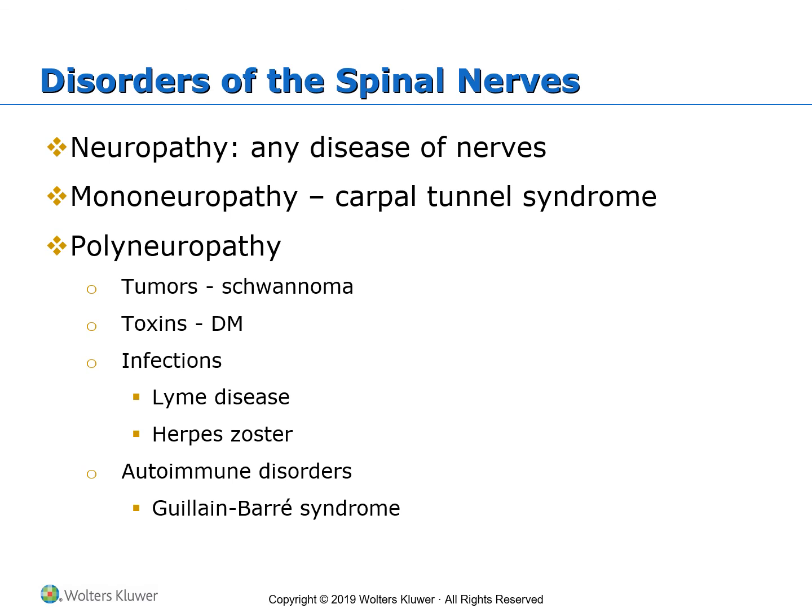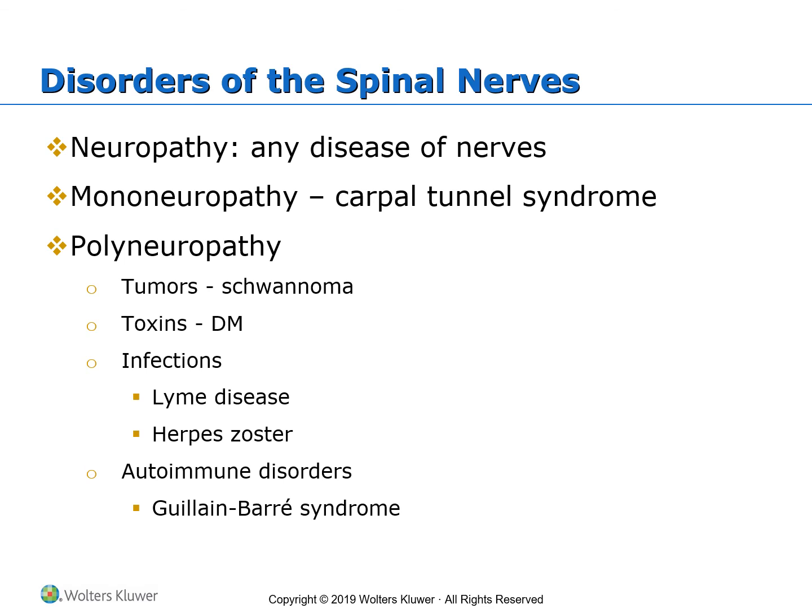Sciatica will be pain and numbness and tingling along the path of the sciatic nerve, and results from the compression of the sciatic nerve or one of the contributing spinal nerves from a herniated disc. Sometimes it can be a bone spur or the weight of the pregnant uterus. Mononeuropathy was one nerve. Now polyneuropathy or polyneuritis will impact more than one nerve, and the symptoms will be weakness and numbness, paralysis, cramps, or spasms.